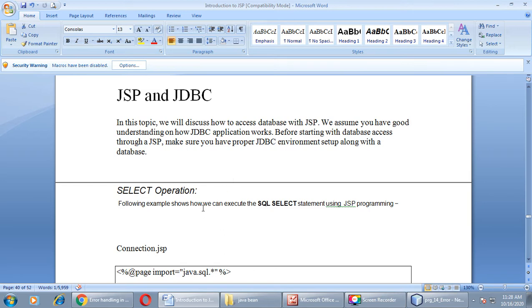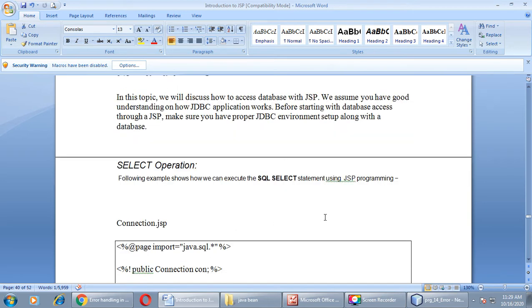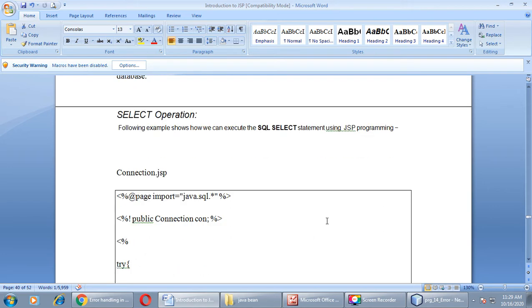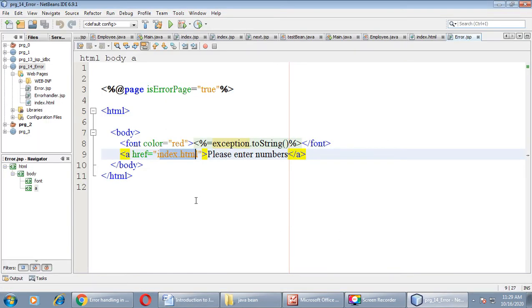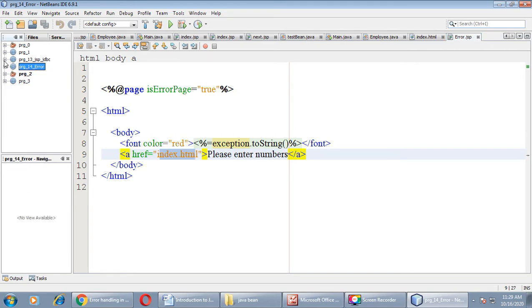So let us begin with the example only. How to create a connection and everything we are not covering over here, as all of you are aware of all those things, right? As we have already done in our first unit as well as in the second unit with Servlet also, and this is our third time, so I'm not covering those points over here. Let us begin with the connection file. Even I am not showing that content over here, directly switch to the NetBeans IDE. Here I have already made one project with the name prg_13_JSP_JDBC.